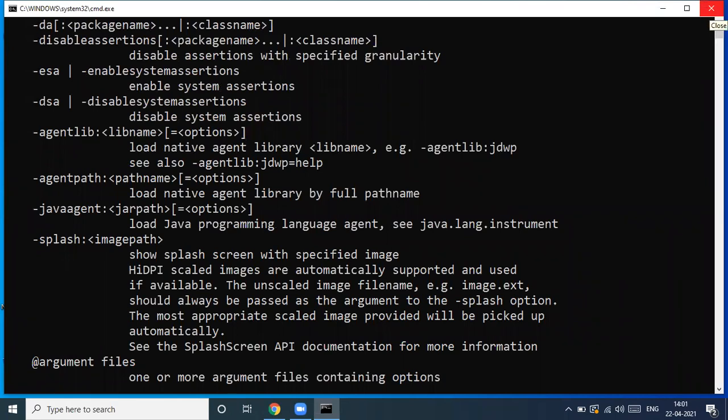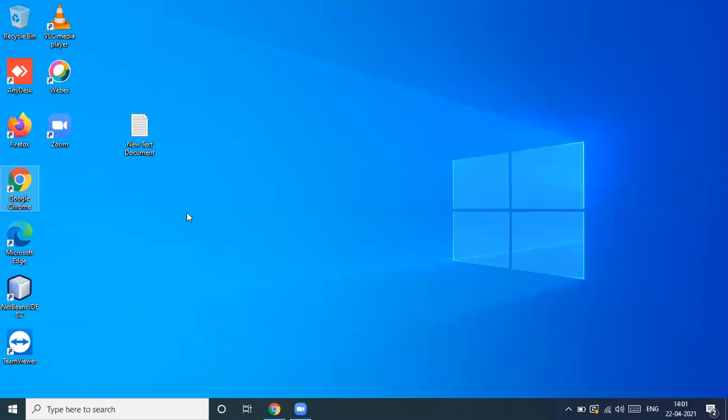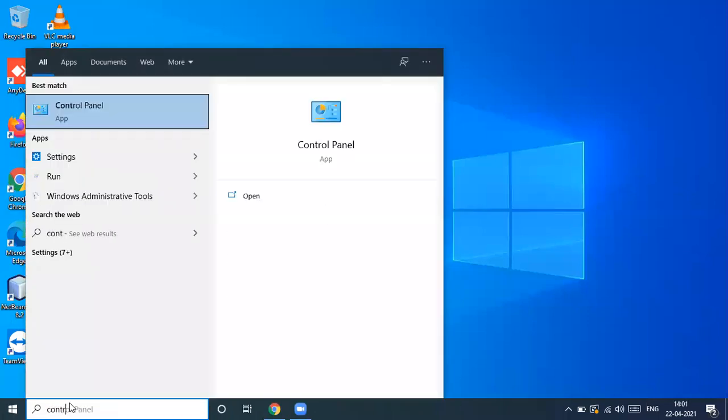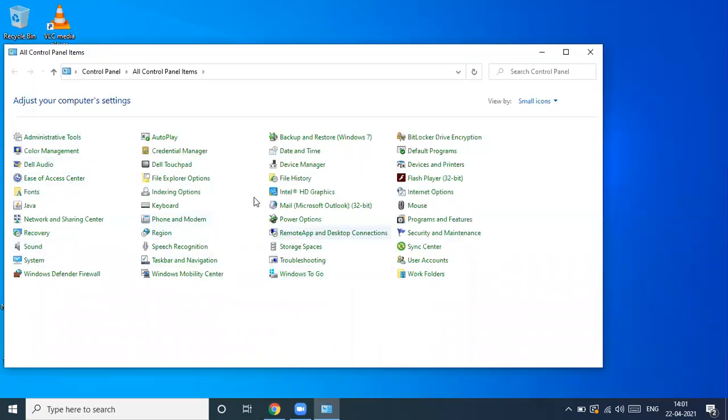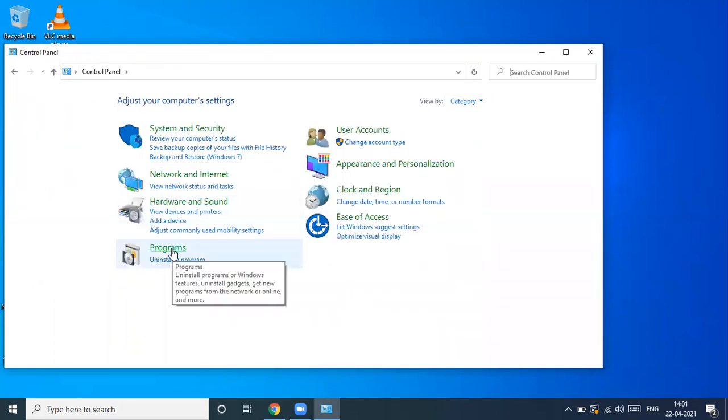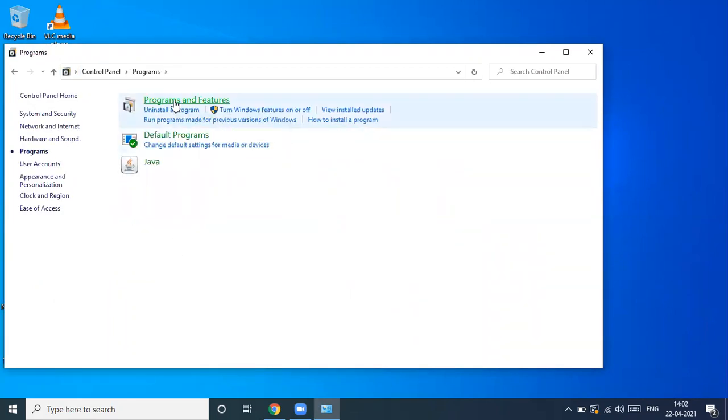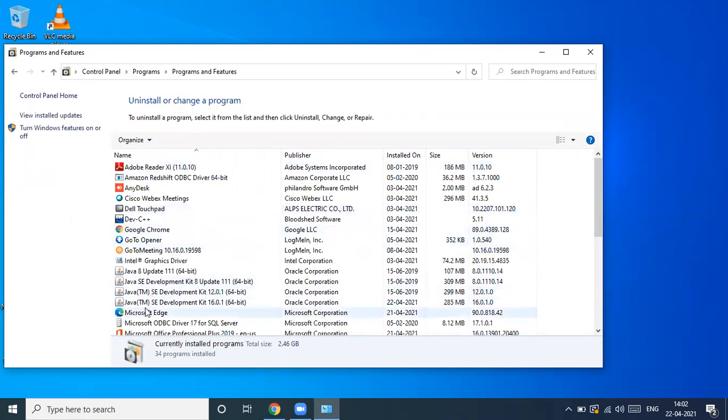The other way to check whether Java has been installed on your machine is to open control panel, programs and features, and you can see something called Java SE 16. This is the recent one that has been installed. Here, if you can see, there are multiple instances that have been installed on the machine. So make sure you don't have multiple instances. You should have only one instance. You need not install multiple versions of Java. So always make sure you have only one instance.